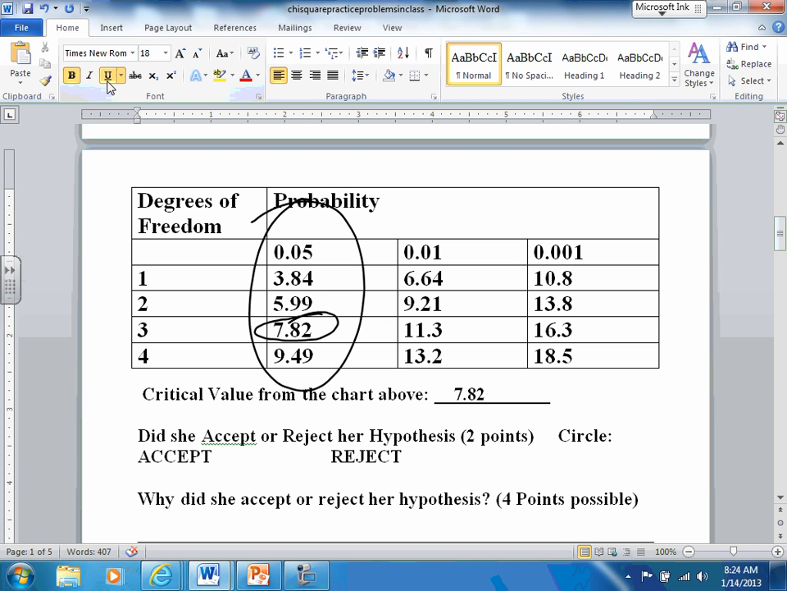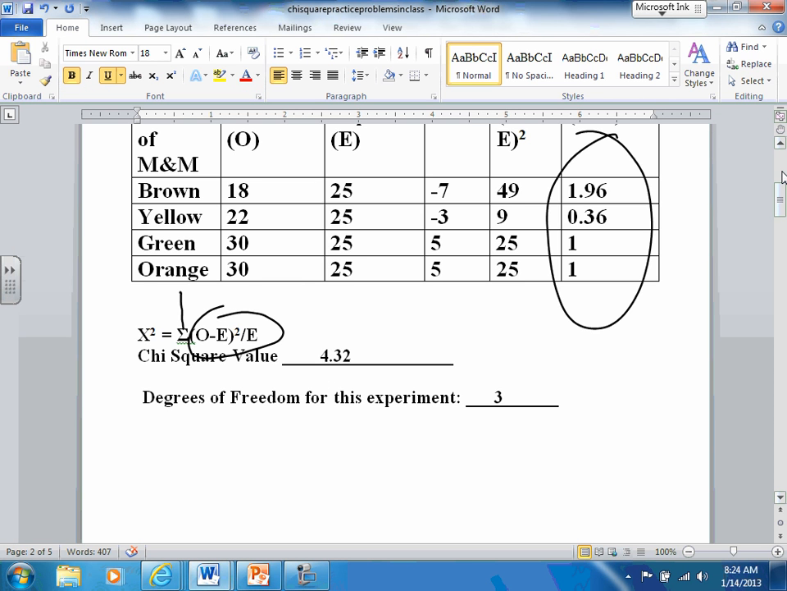Now, in the chi-square statistic, we're always going to compare our critical value, 7.82, to the value that we calculated for our data. And if we scroll back up, remember that our chi-square statistic was 4.32. I'm just going to call the critical value CV here. Here's the idea. If your chi-square value is less than your critical value, which ours is,